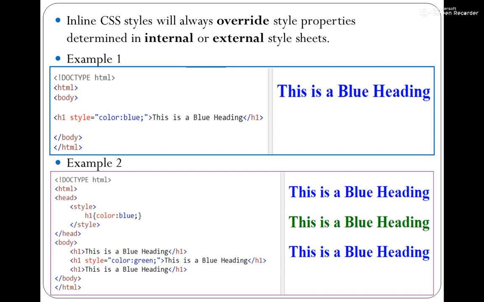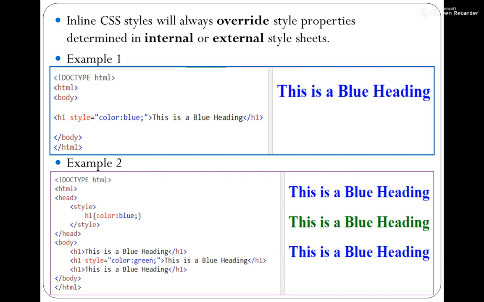Agree? Now come to the style tag. Since it is a style tag, which type of CSS is it? It is an internal CSS, right? And in this internal CSS, which element have I used to style? I have used the H1 element. Agree? So what styling have I given? That the color of the text enclosed in H1 should be blue. So whatever tags in the body use the H1 tag should have a blue color. Agree? This is what we have studied up till now.